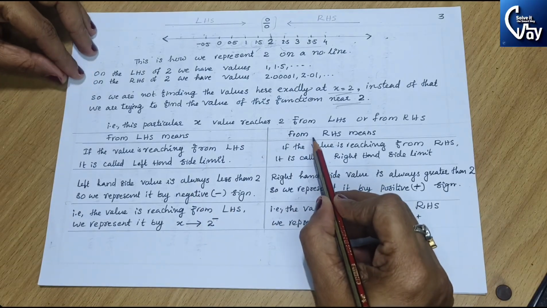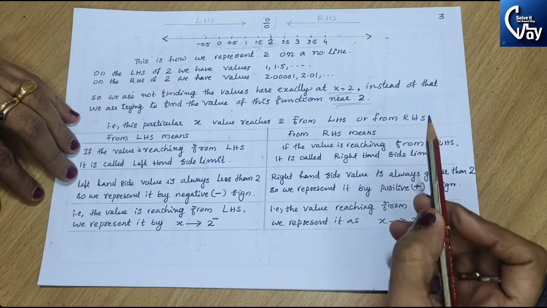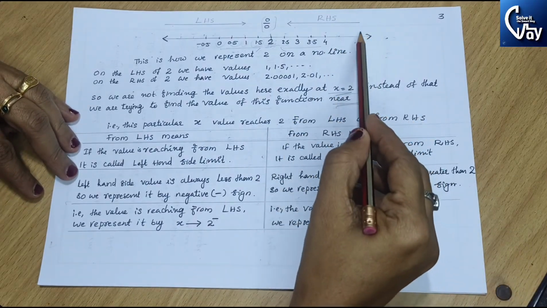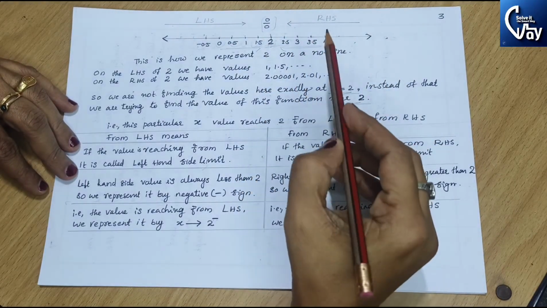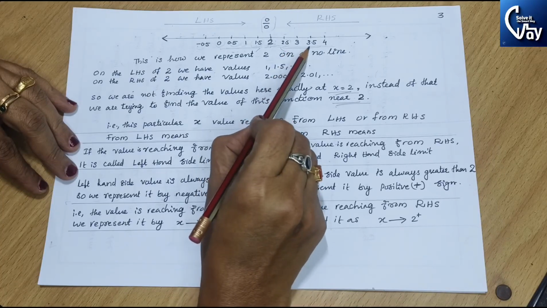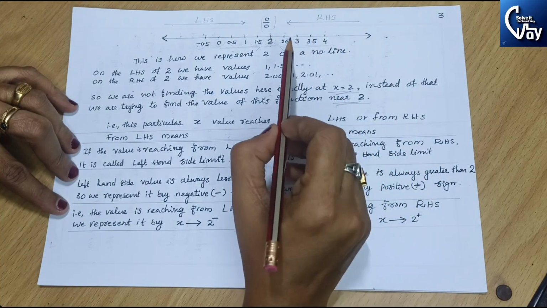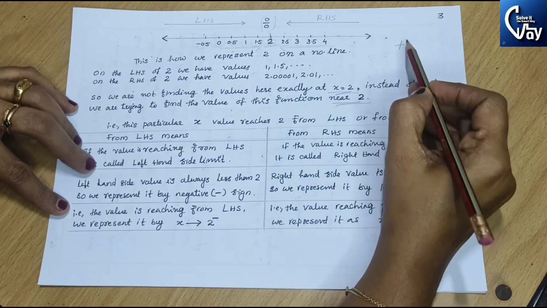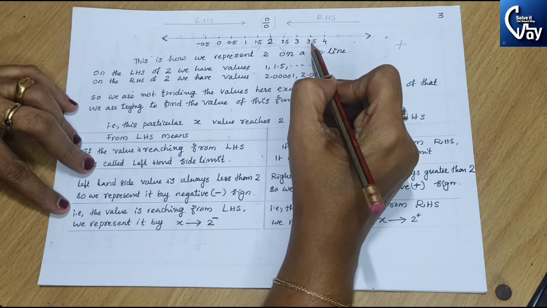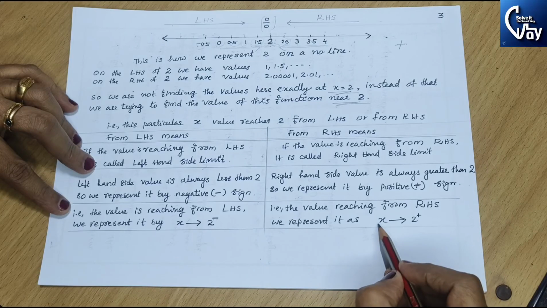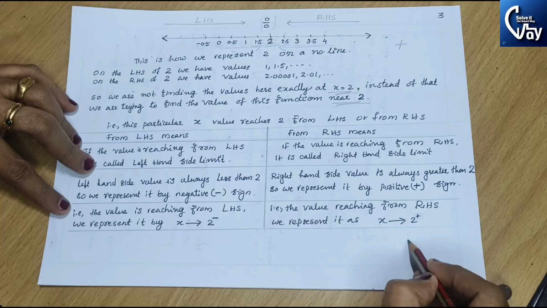Then x approaching 2 from the RHS means x approaching 2 from the right hand side. If the value is reaching from the right hand side, it is called the right hand side limit. All the right hand side values are always greater than 2. Check 2.5, 3, 3.54, etc. So we represent it by a positive sign. The positive sign indicates that x is approaching 2 from the right hand side. So we represent it as x approaching 2 plus; this plus sign indicates that x is approaching 2 from the